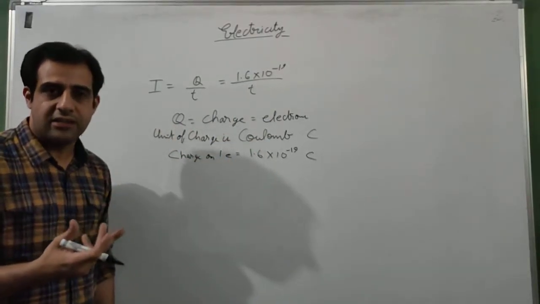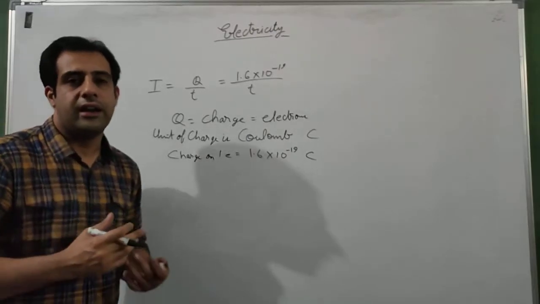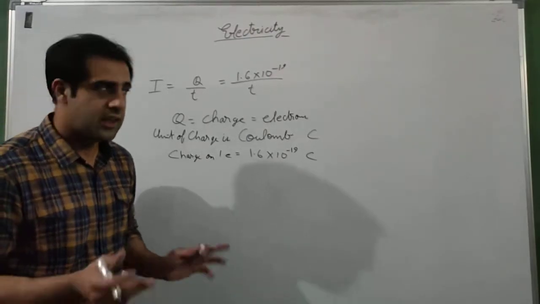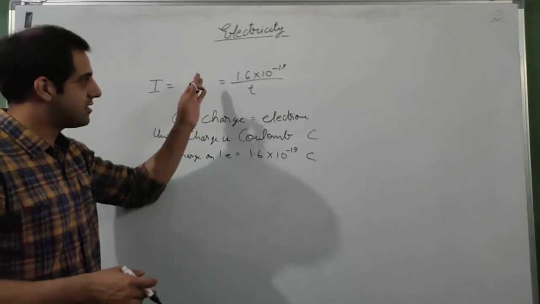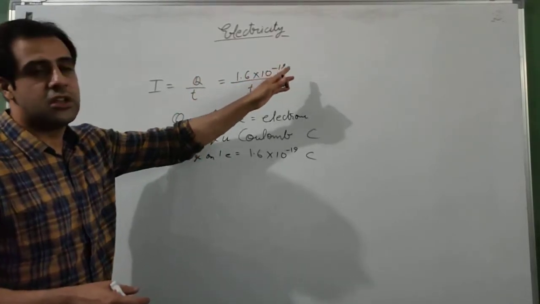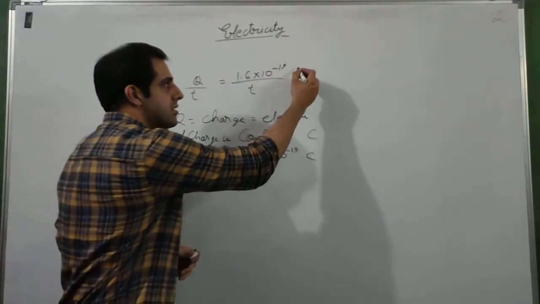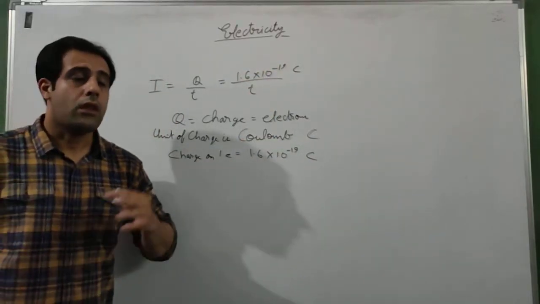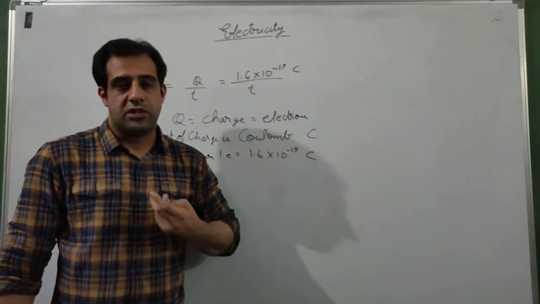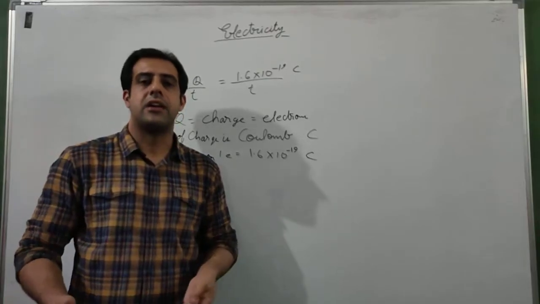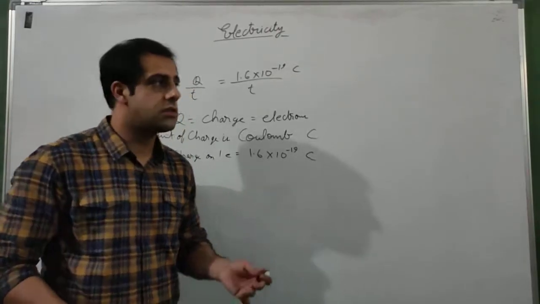It can be in seconds, it can be in minutes, it can be in hours. It depends on the distance between points A and B. And the main thing here is the charge. The charge on one electron is 1.6 into 10 to power minus 19 coulombs. But obviously, just one electron does not travel. A conductor has a very high number of electrons.